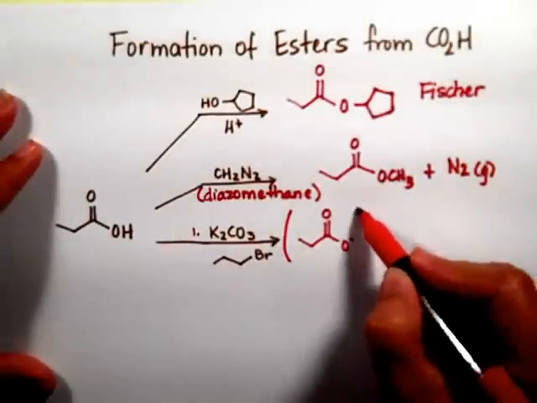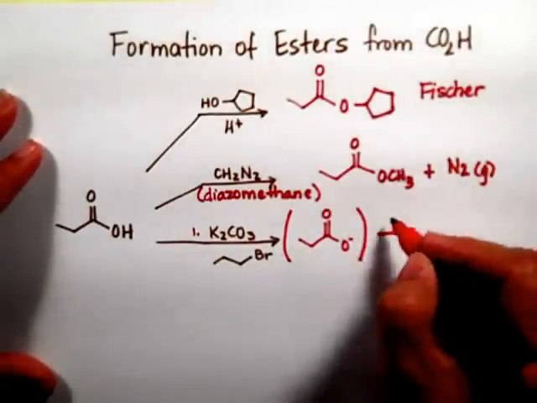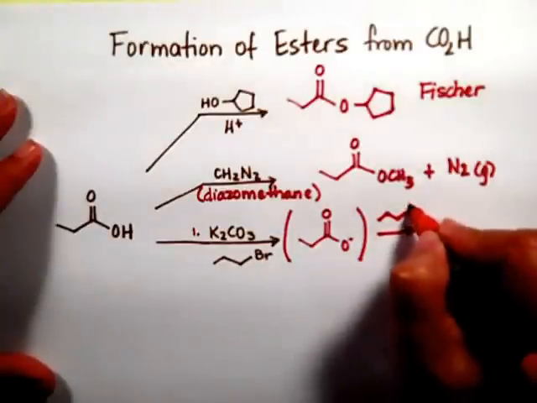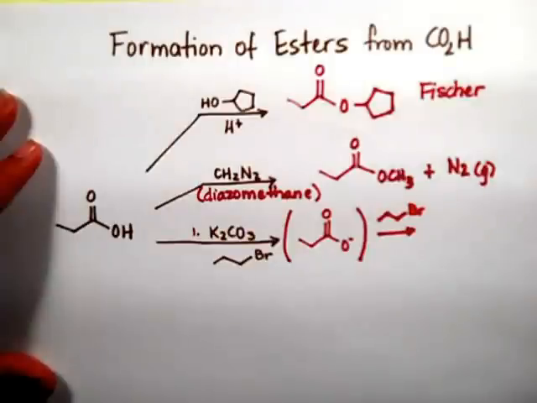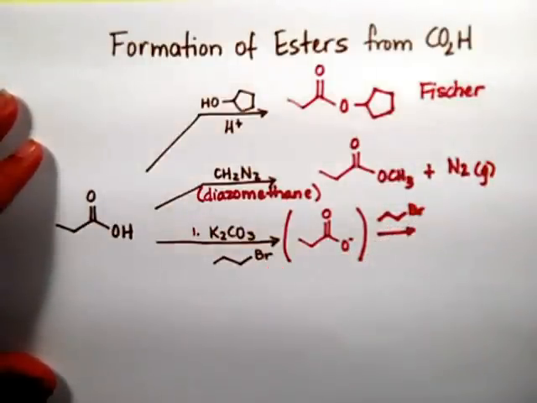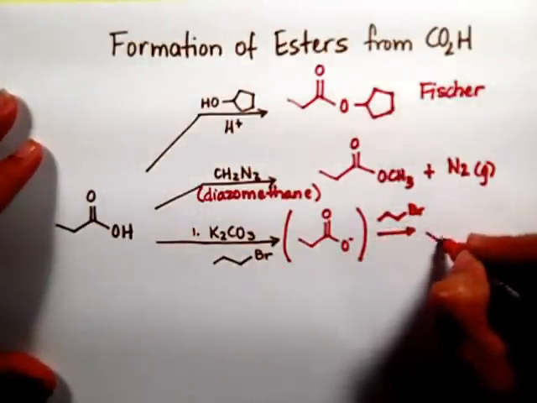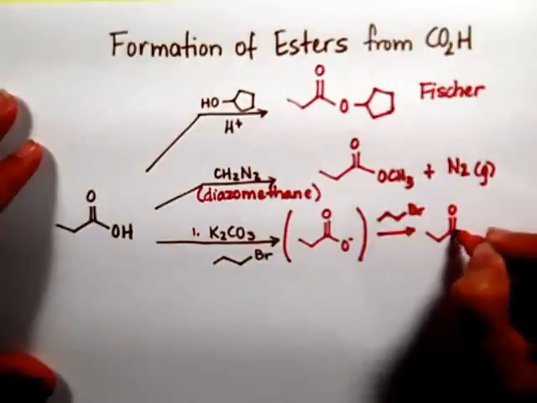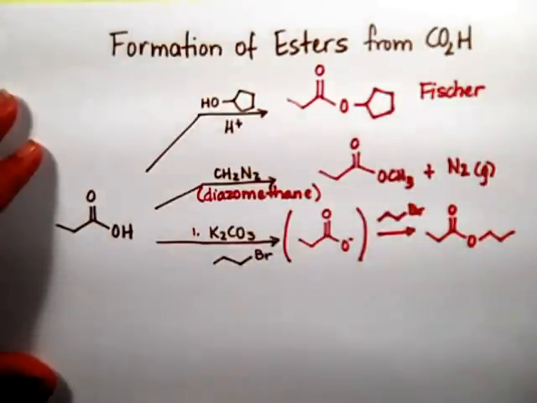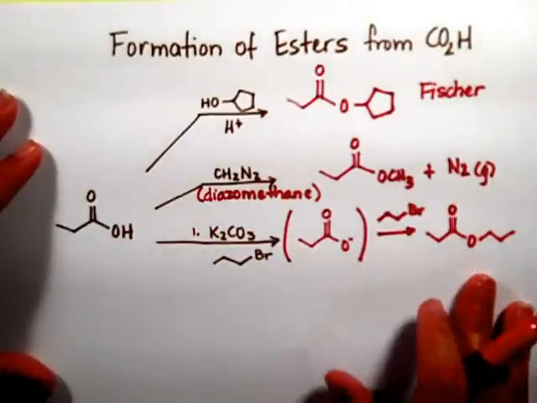And then we add an alkyl bromopropane so that my oxygen can attack the carbon and displace the bromide. So we're doing an SN2 reaction, and as long as you're obeying the SN2 rules, then this reaction will work